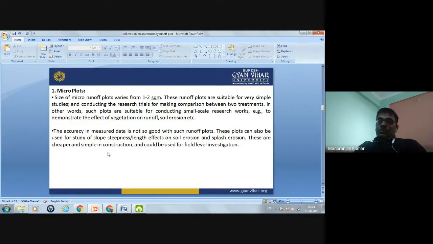If in that field soil erosion is taking place, we study the measurement of soil erosion, how much soil will be eroded from any field. So we can calculate that soil loss. But suppose from any area the soil loss is taking place, soil erosion is there. Then you have to give some conservation measures to control the soil erosion.